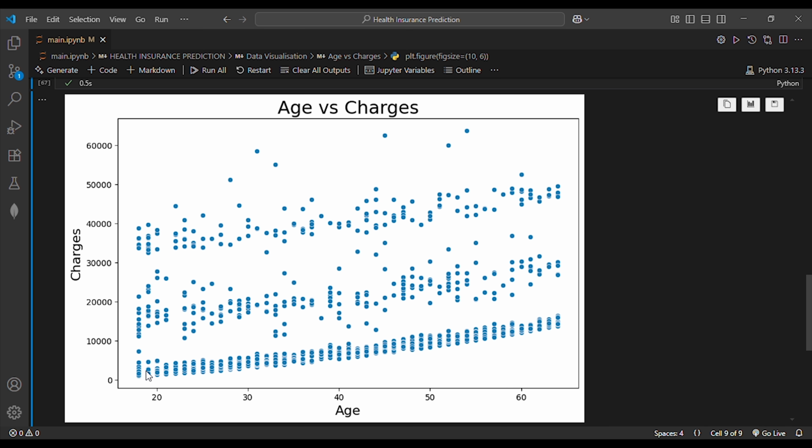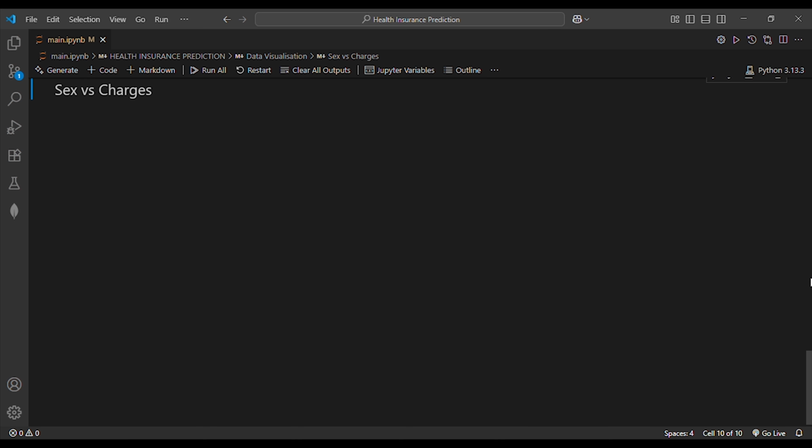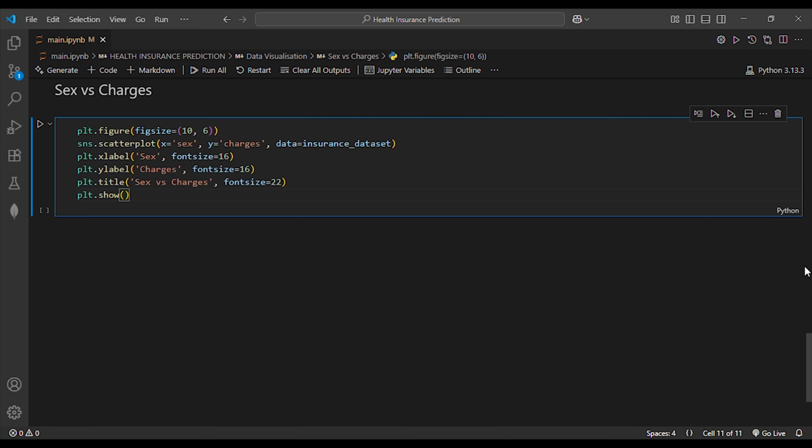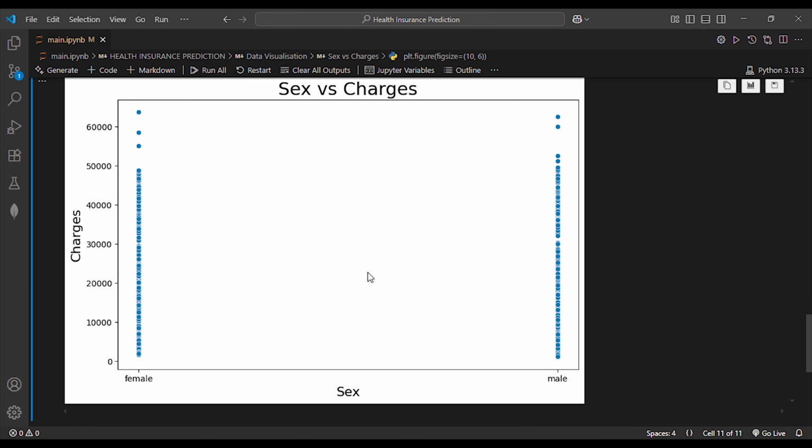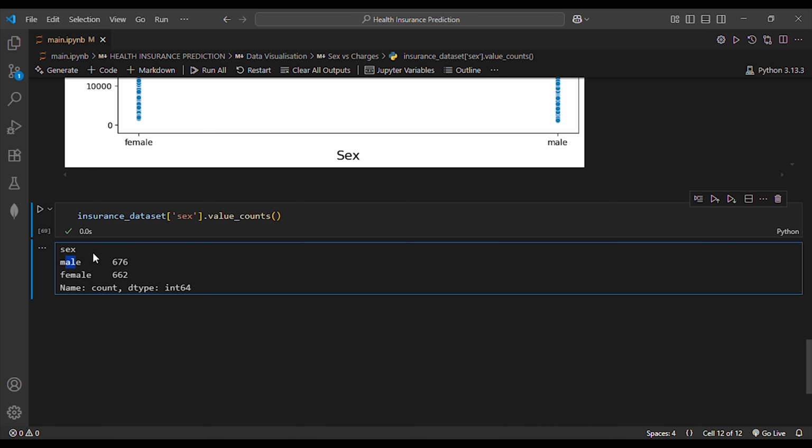Okay, now let's understand this graph. By seeing this graph, I am able to understand that as the age increases, the charges also increase. You can see this in the graph. So we can say that the age and charges columns are highly correlated. Now let's find out the relationship between charges and the second column of our dataset, which is sex. In this model, I'm gonna frequently use scatter plot because I'm comfortable with it, but you can use another plot. So as we can see, sex is not highly correlated with charges. So let's find out how many females and males we have in our dataset. So we have male 676 and female 662.